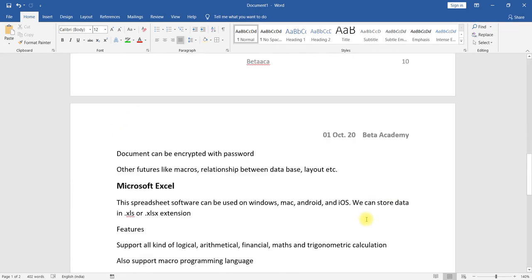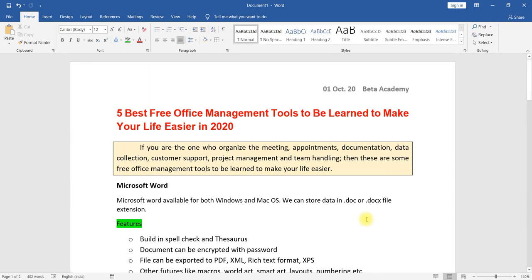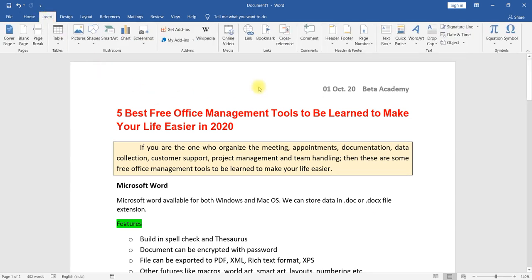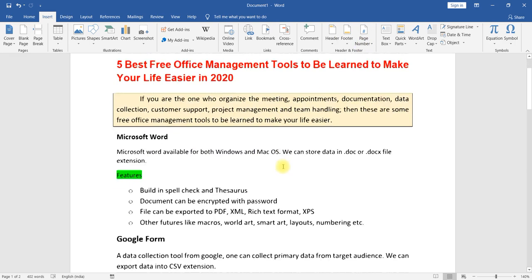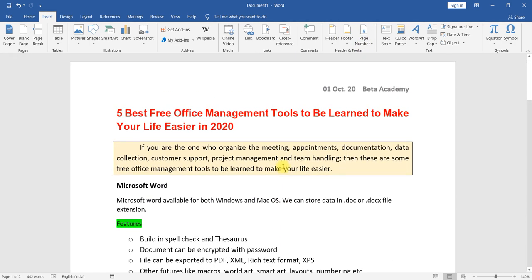This is about how we can utilize the header, footer, and page number by using the Insert option, to insert a header, footer, and page number in your document. This is all about how we can insert all the available things in Microsoft Word.